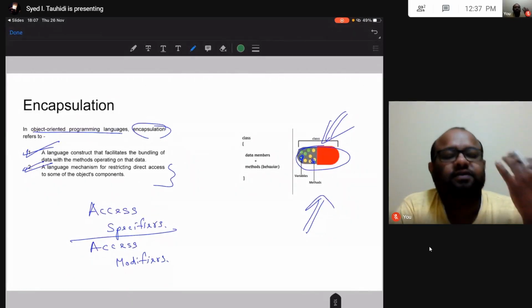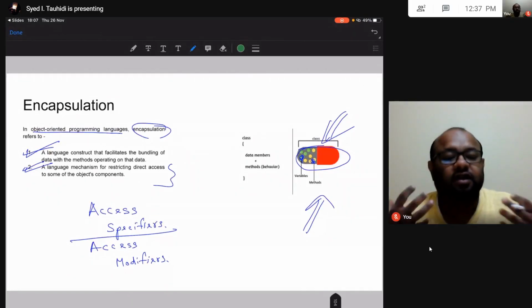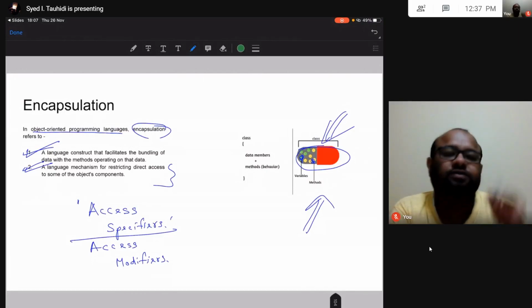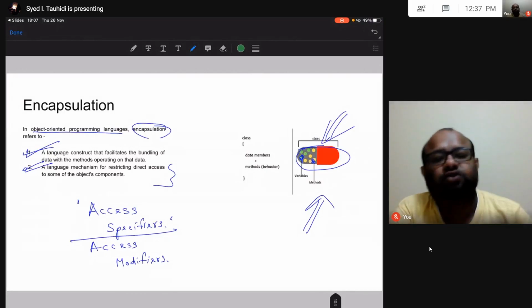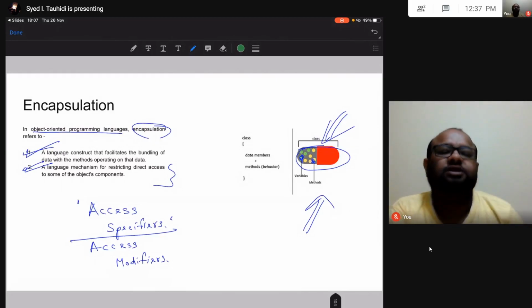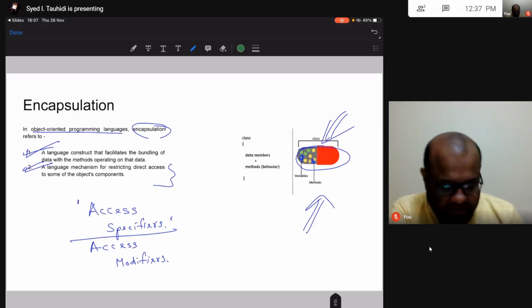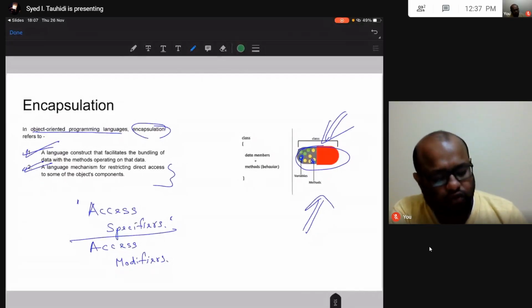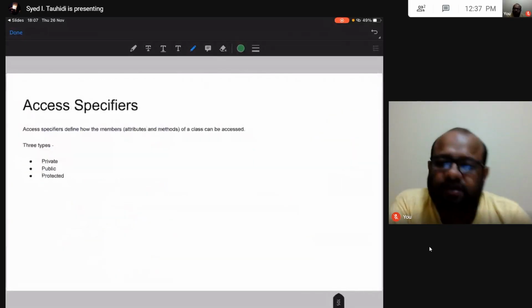Encapsulation by itself is not a feature of C++, it's a philosophy. But access specifiers are a feature of C++ that enable us to do point number 2 of encapsulation. Class is a feature of C++ that enables us to do point number 1 of encapsulation. So this is what we have. In this video we will talk about point number 2, or access specifiers.